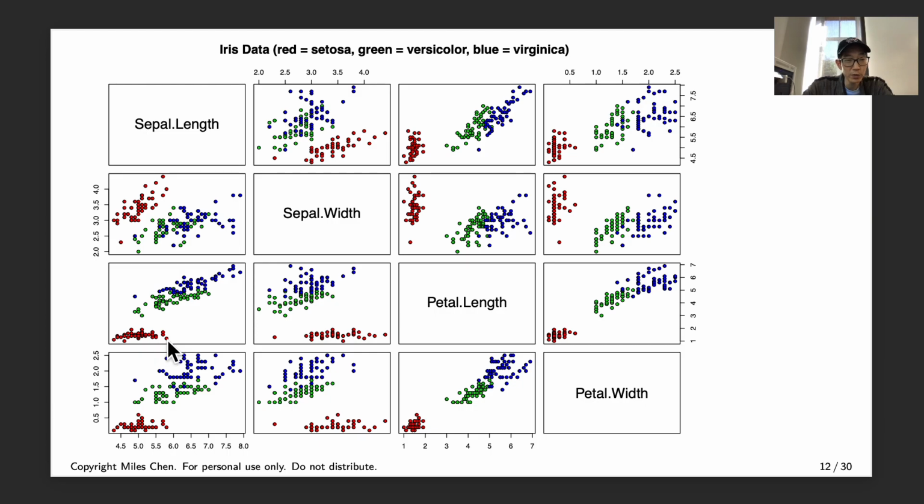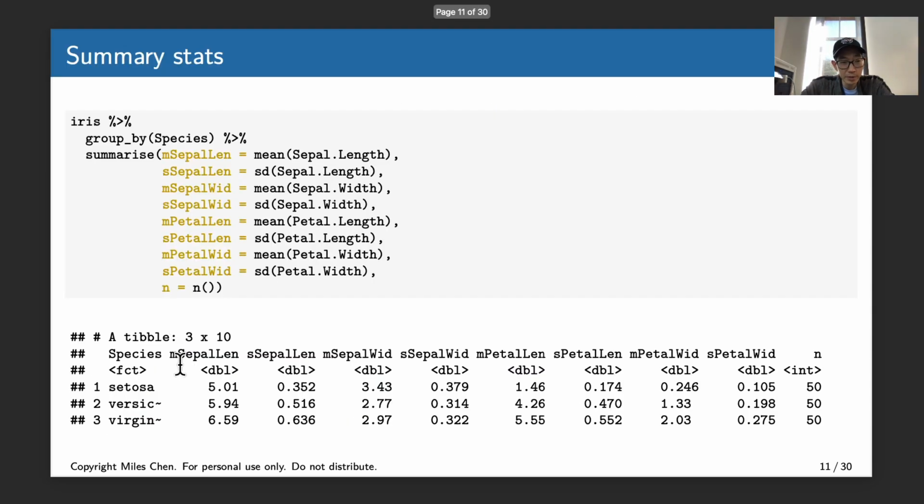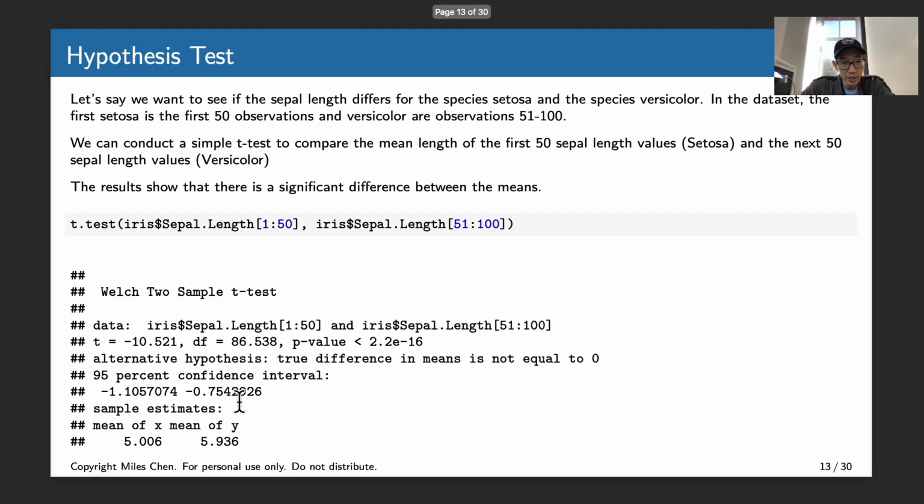There's quite a bit of overlap as far as individuals go, but as far as the overall mean goes, there is quite a difference here, right? So here we're looking at 5.006 versus 5.936. And that difference of 0.93 between 5.006 and 5.936 is statistically significant,